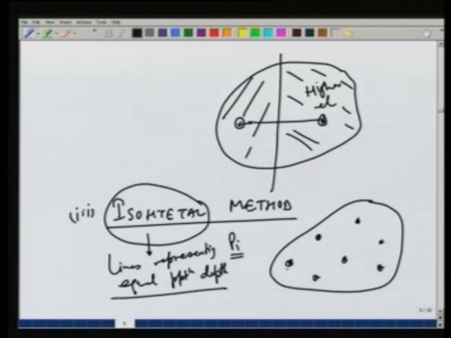So, for example, if this is showing let us say 4 millimeters, this is showing 6, this is showing 5, this may be 6.5, 7, 7.5 and so on. So, based on that we can draw some contours